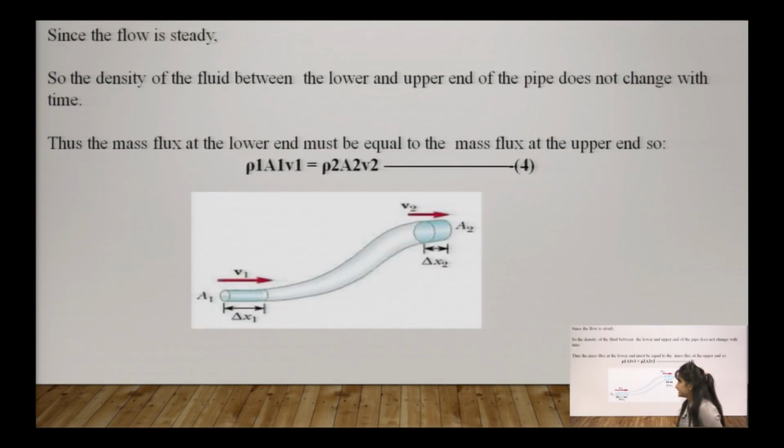Now, as the flow is steady, the density of the fluid will be constant at the lower end and upper end, so they will cancel out. Applying the continuity equation, mass entering at this point will be equivalent to mass entering at the next point. Here you get rho 1 A1 V1 equal to rho 2 A2 V2, and hence you can see